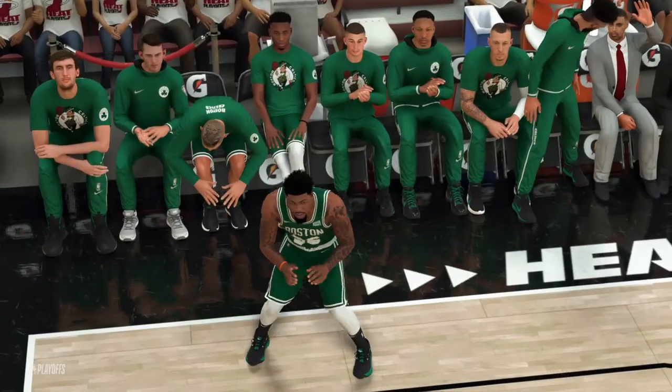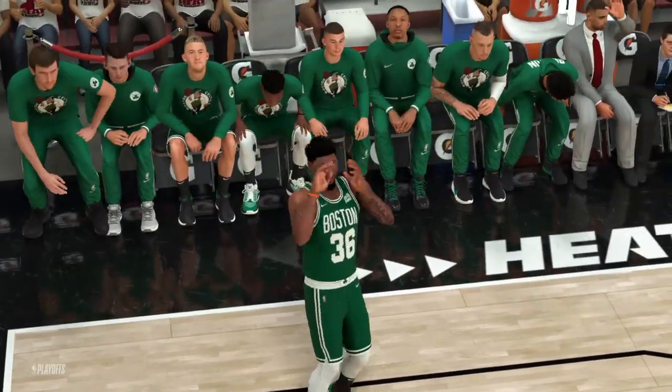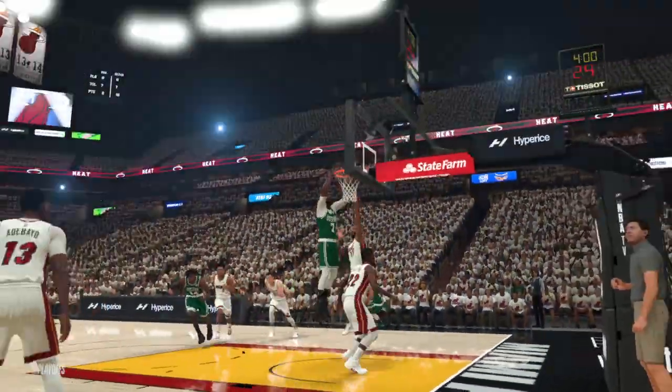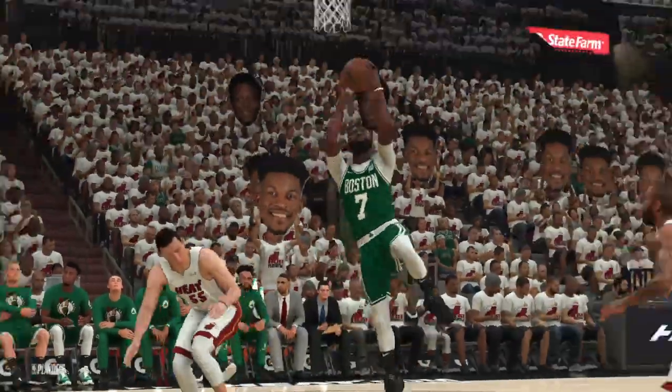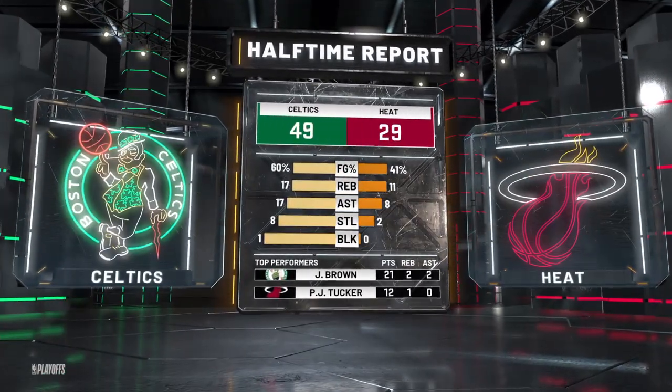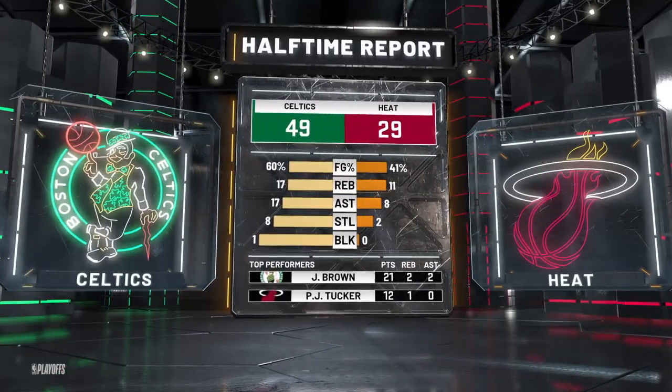Taking a look at the Celtics, Kenny, how'd you feel about it? And the game plan they went with was very clear. It was centered around scoring inside. Pound that ball inside, pound it in the paint, try to get the high percentage shot. And because of